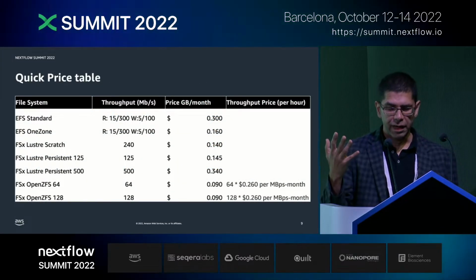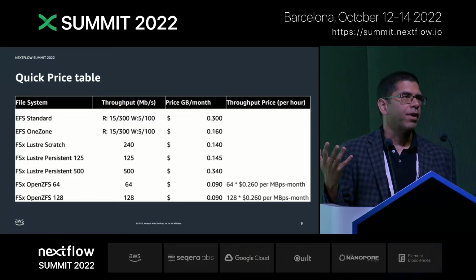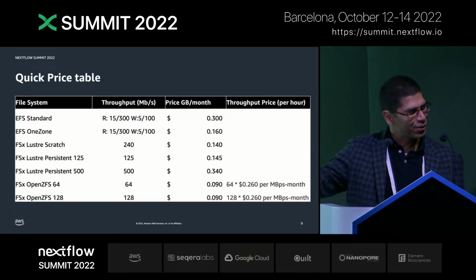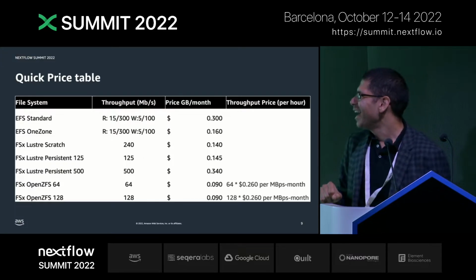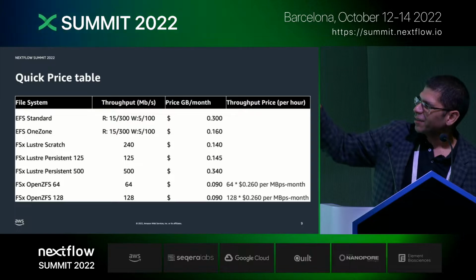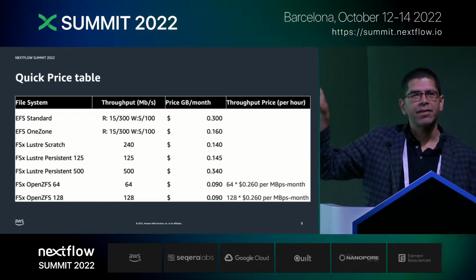So just a quick price table. Probably the product managers are going to kill me for this because these aren't completely accurate, but they're SWAG, right? Bioinformatics SWAG. And one thing that you have to know is that Elastic File Store, because it is capacity-based scaling,